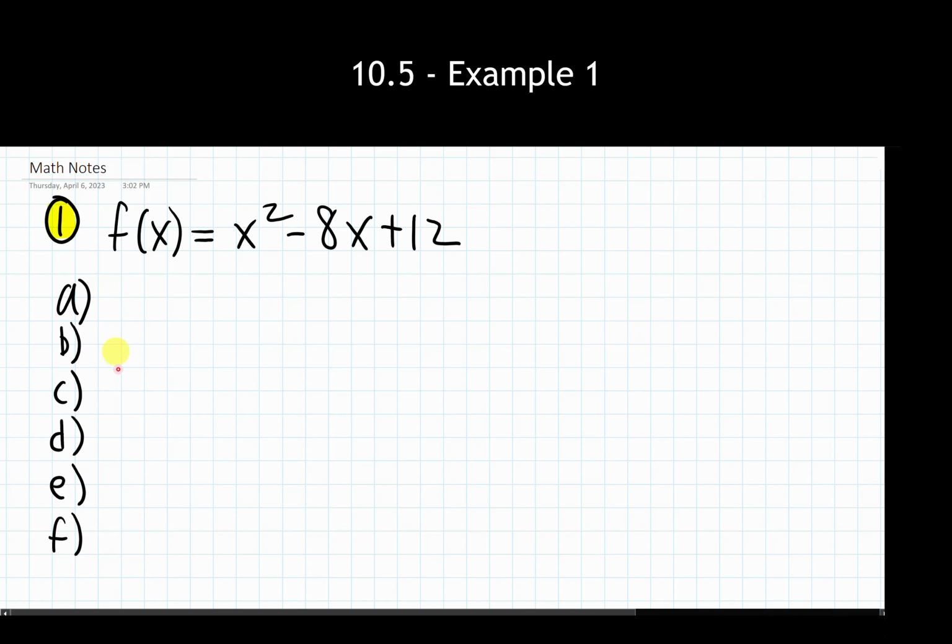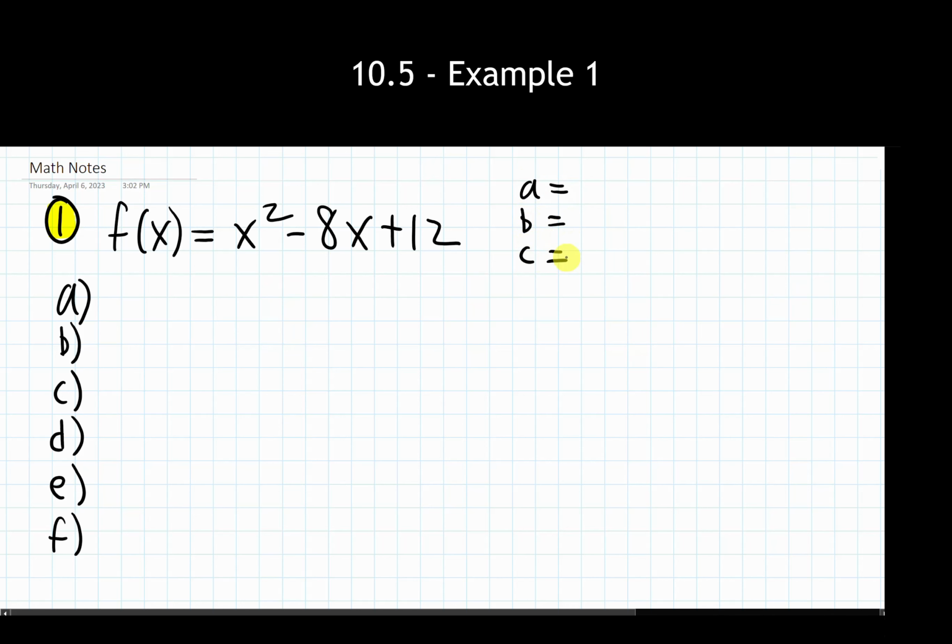So, first part with this problem, for part A, we are asked to find the orientation of this graph. Is this thing opening upward or is it opening downward? I think a great place to start with this, because again, we need to find the a value of this thing. That's the thing right in front of the squared term. Could be worthwhile to start off with saying, I've got this thing in standard form. I'm just going to find my a, b, and c values right now. I'm going to need them eventually. I might as well get them all out.